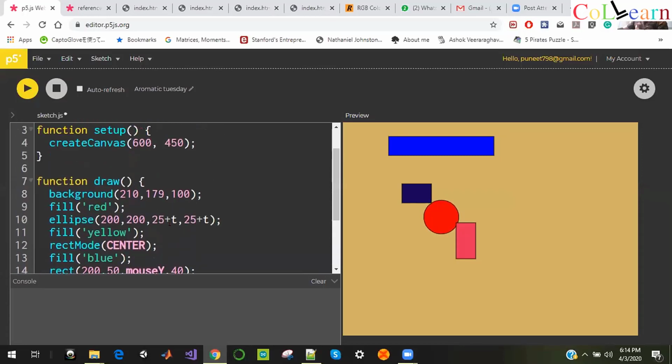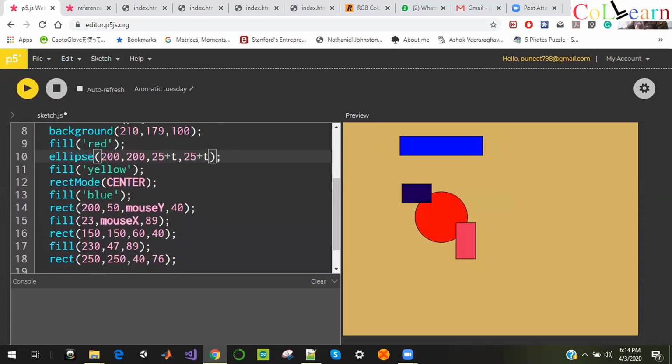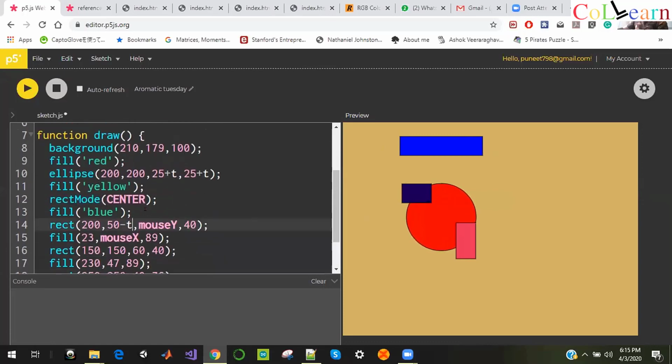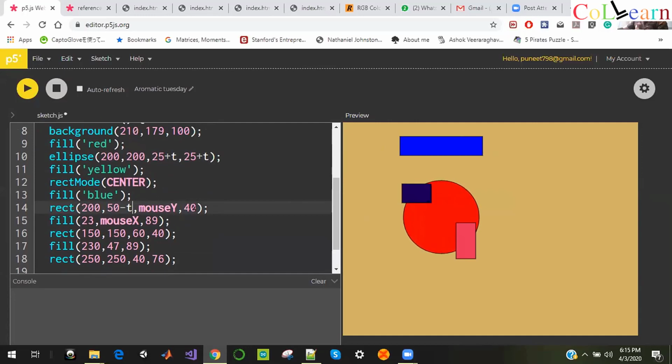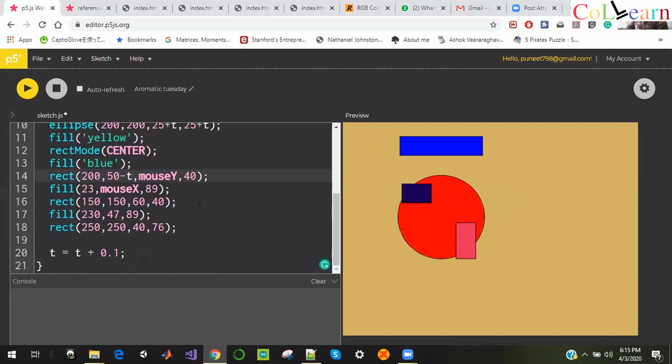Write t anywhere. For example, in the ellipse or in one rectangle, I'll write -t.